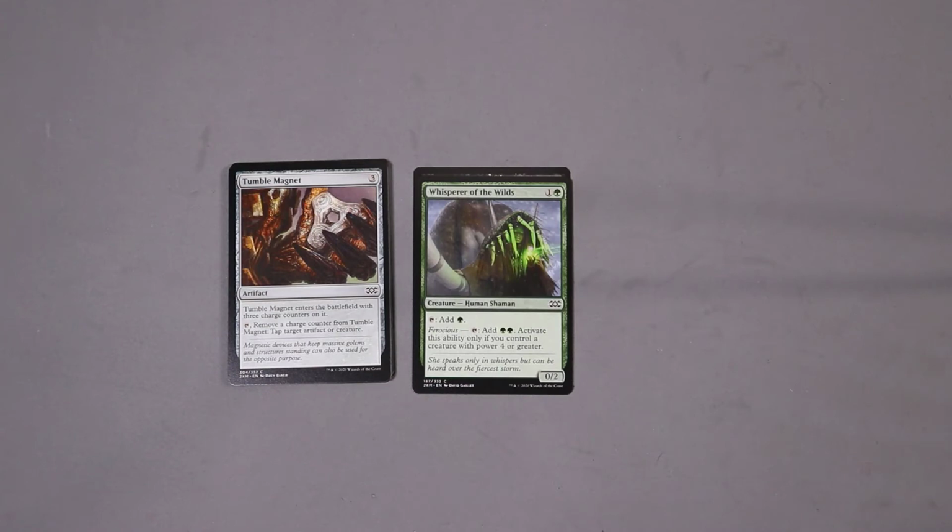Tumble Magnet. So for 3 colorless, Tumble Magnet enters the battlefield with 3 charge counters on it. Tap, remove a charge counter: tap target artifact or creature. Okay. I don't think I would ever really put this into a deck. It's an okay card. And this here kind of is reflective of this whole Double Masters experience, in my opinion,